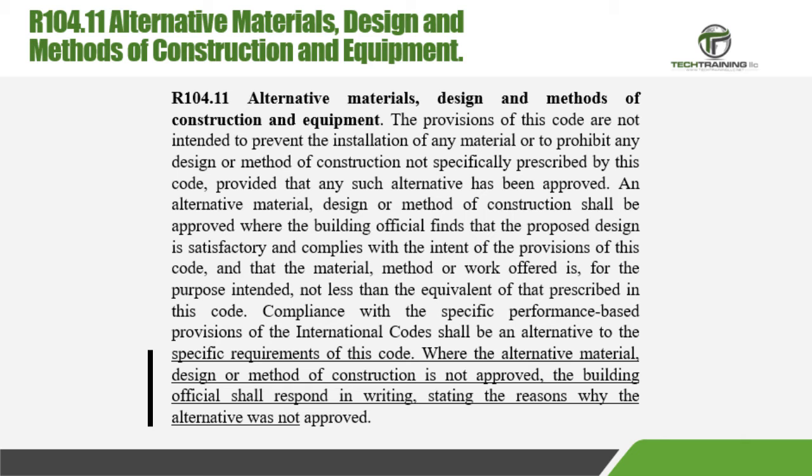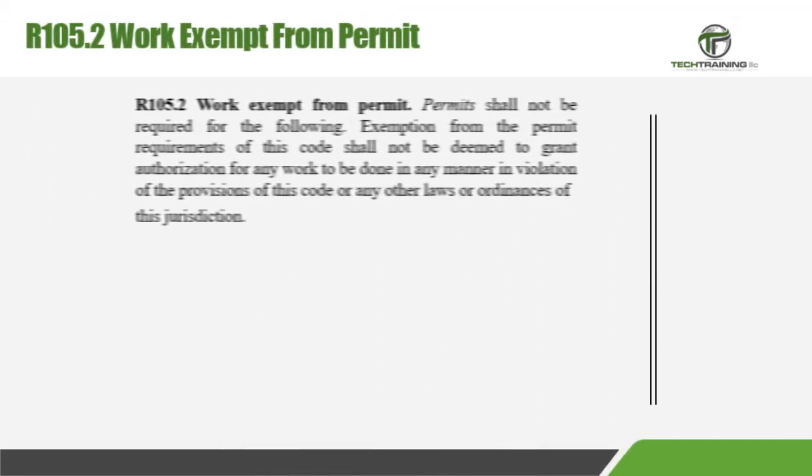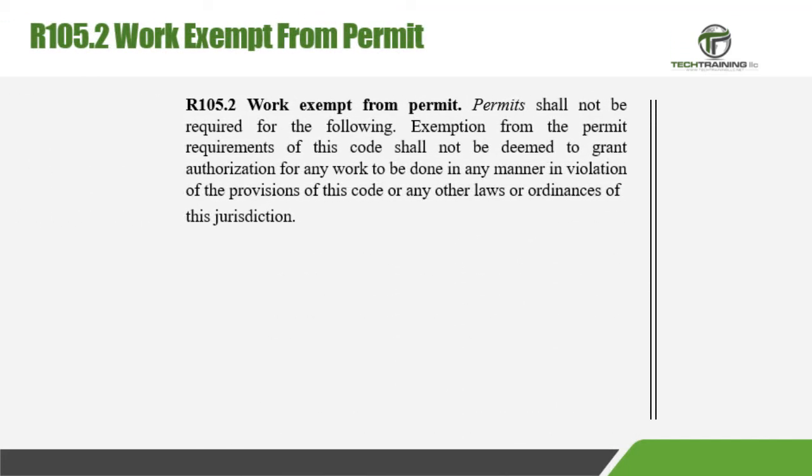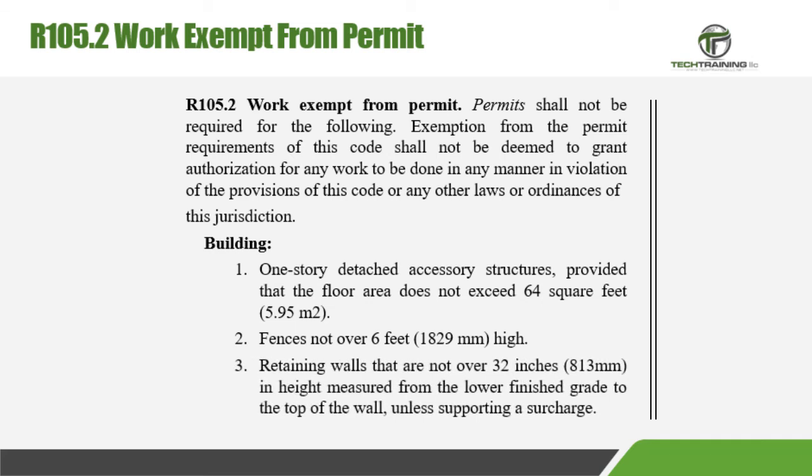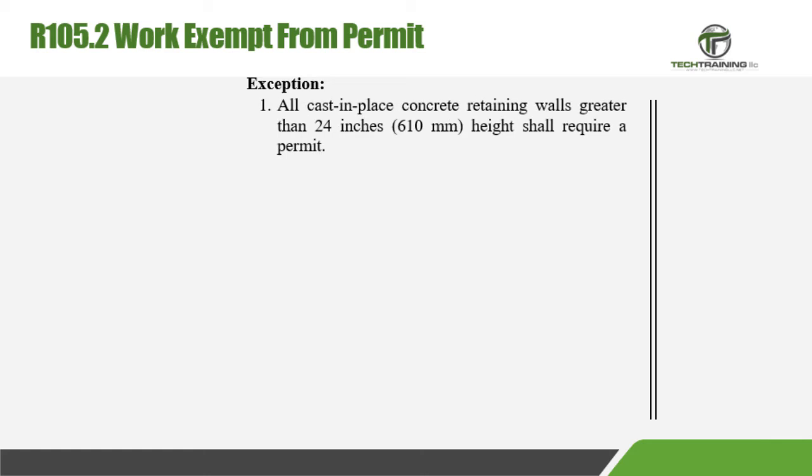The building official shall respond in writing stating the reasons why the alternative was not approved. R105.2, work exempt from permit, was an amendment, and that includes the following: one-story detached accessory structures, fences not over 6 feet high, and retaining walls that are not over 32 inches in height. However, these retaining walls come with two exceptions, which include all cast-in-place concrete retaining walls greater than 24 inches in